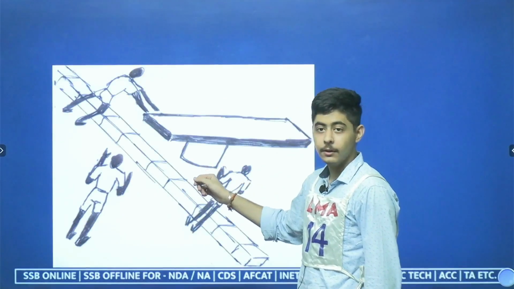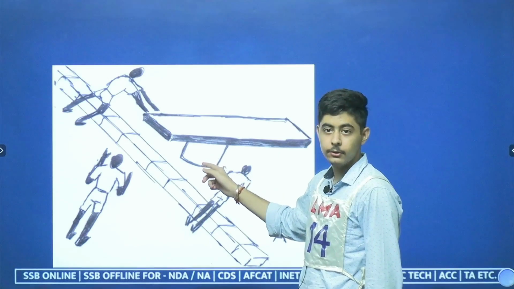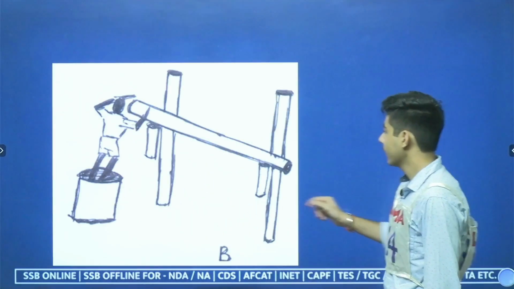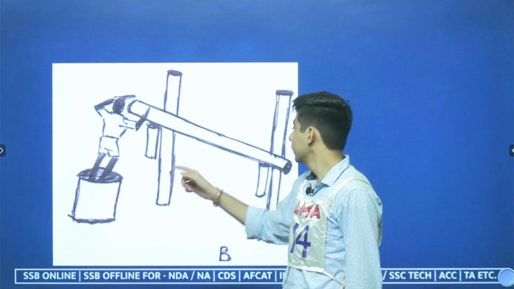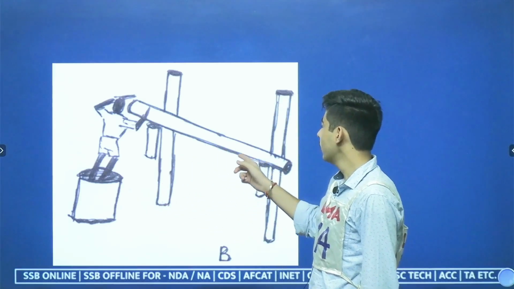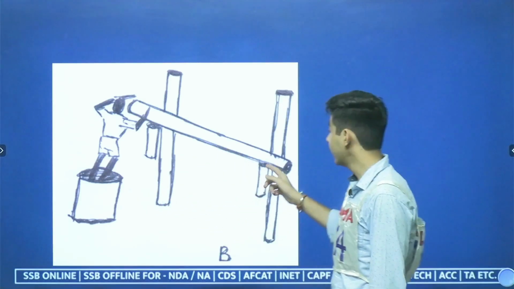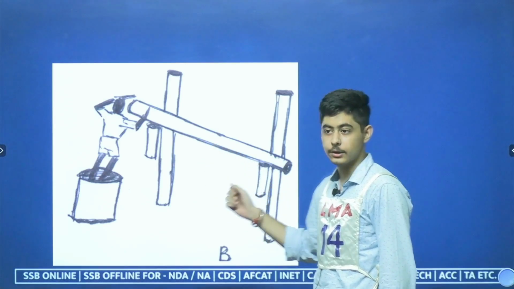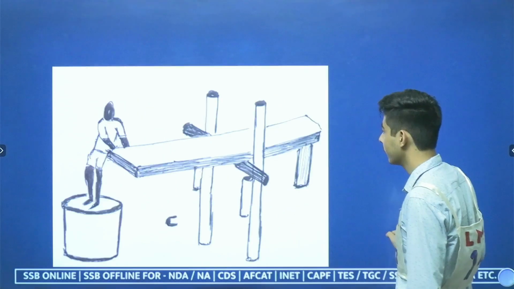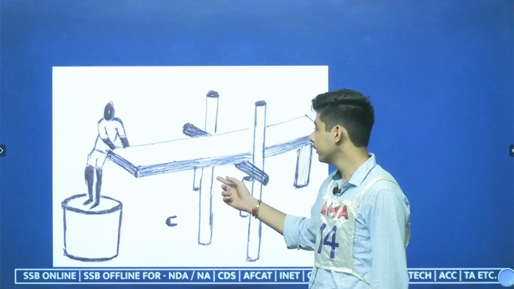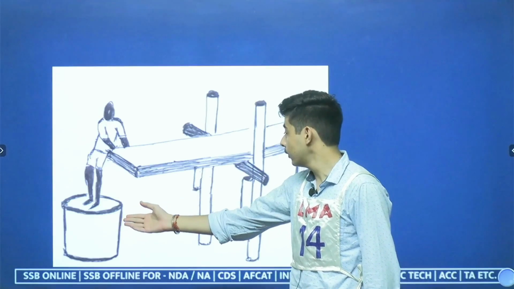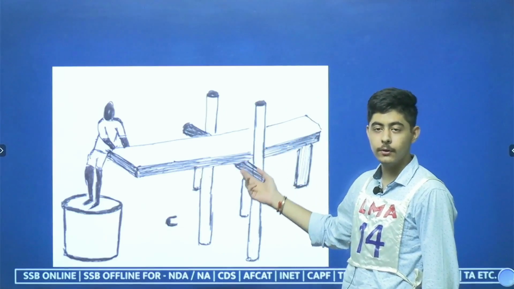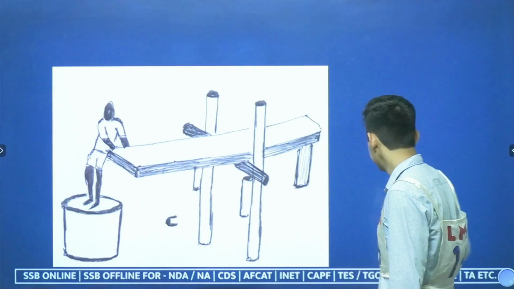As we move, we could place the plank on the drum so that we could move forward. As one reaches the drum, they would place the wooden log on these poles so that the wooden log could be balanced and one could form a bridge type of structure. After forming the structure, one could balance themselves on the drum and the plank could be placed so that one could move forward with their tasks.